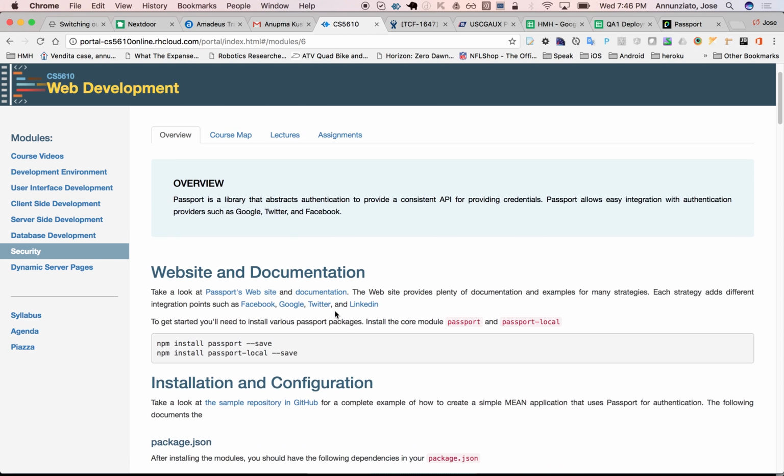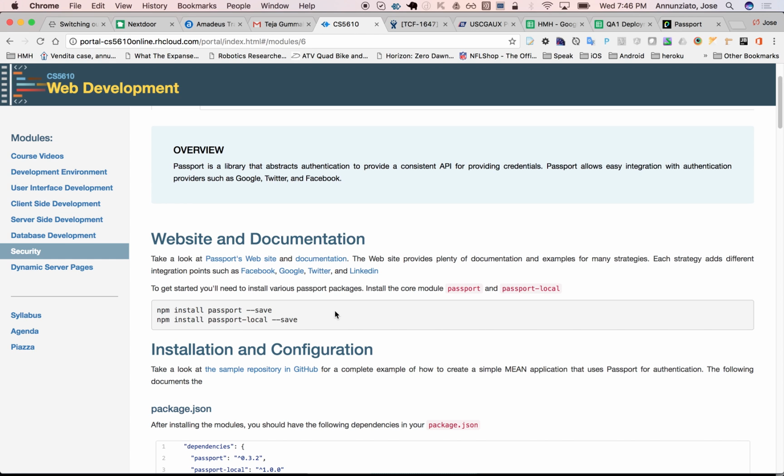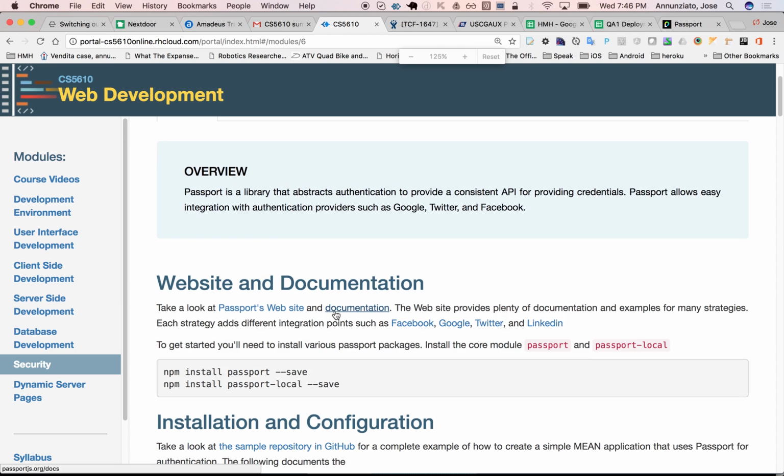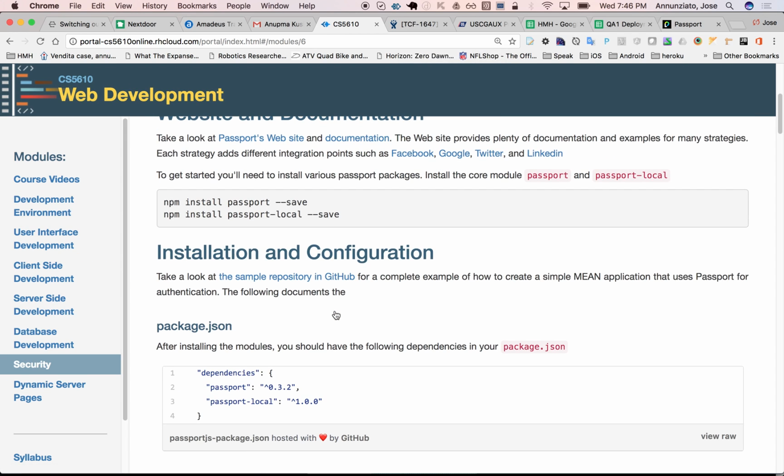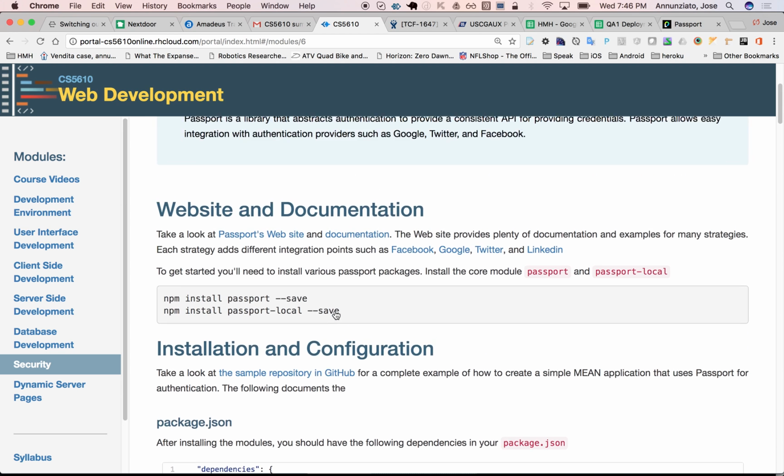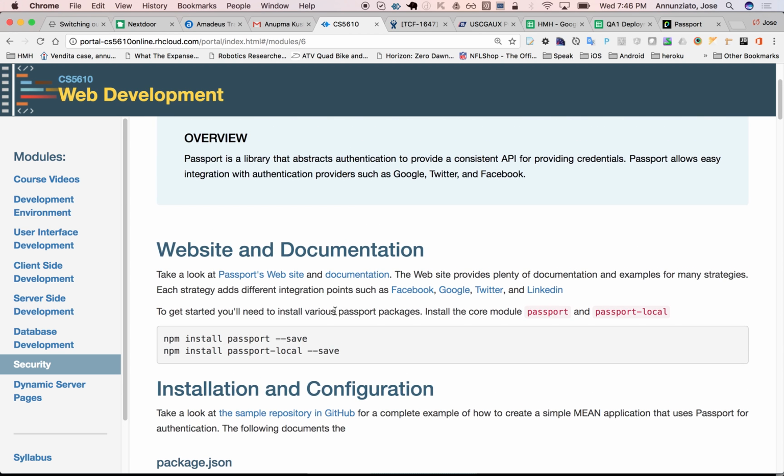I did provide some starting code that you can take a look at here. You see how you can install the core Passport library using npm install passport --save,